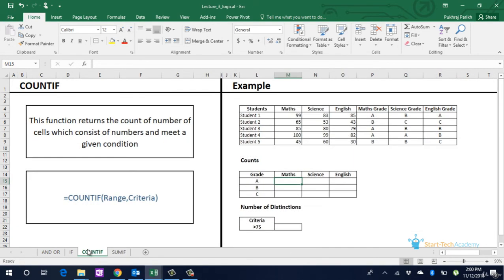Next we move on to COUNTIF function. Although this is part of statistical formulas in the formulas menu, but we will discuss it with the logical if formula only due to its similarity with if function. COUNTIF returns the count of cells which satisfy the given criteria. Here, if we want to identify number of students who have scored grade A, B or C in every subject, we type is equal to COUNTIF,